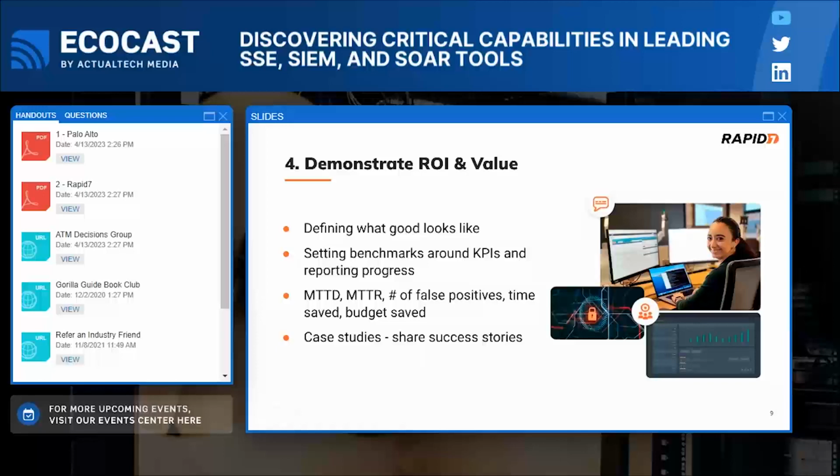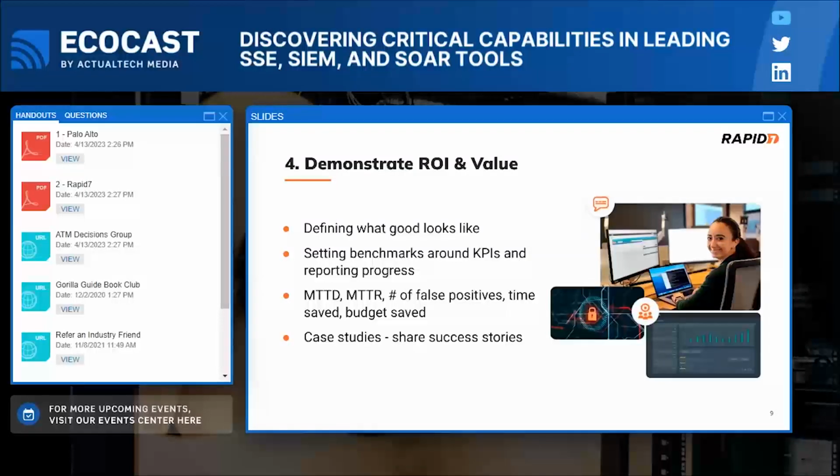And you might have to do some education along the way, but again, these steps are worth it upfront to give your team more runway down the line and to be able to showcase and really make your team shine. Setting benchmarks around some of the key performance indicators and reporting security progress. How are you maturing? What are some stats that you want to bring back to your board or your C-suite